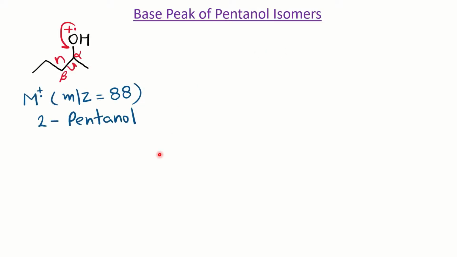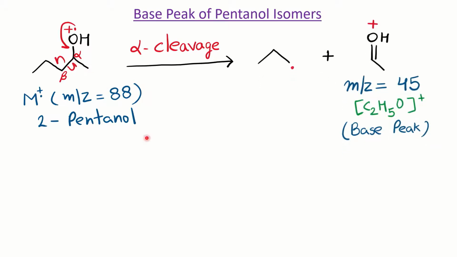We will see some more base peaks of the pentanol isomers. Okay, so we know 1-pentanol, you can write 2-pentanol also. Does 2-pentanol show the same base peak? Okay, the mass is the same, 88, and we are going to do the same alpha cleavage here. If you do the alpha cleavage, you can notice the position of OH is now 2. Okay, so 1, 2 position, and if you do alpha cleavage, you are getting here M by Z 45. Okay, in case of 1-pentanol, it was 42.